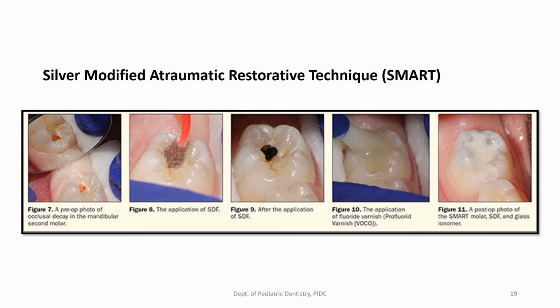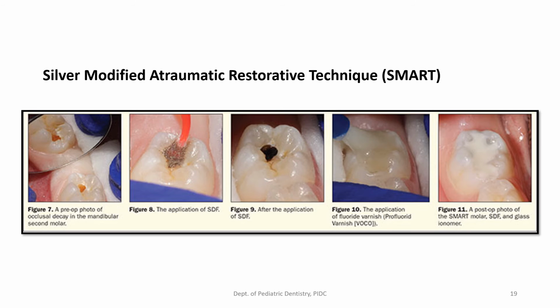So if you see here, we have a small carious lesion, okay, and then we apply our 38% silver diamine fluoride into the carious lesion, all right, and it all turns black. That means the silver diamine has worked, and then we can apply fluoride varnish and restore it with GIC, okay, or we can skip the fluoride varnish also. After this, you can directly apply GIC, and the tooth is restored and done. So obviously the caries will not progress, and there will be no pulp involvement.